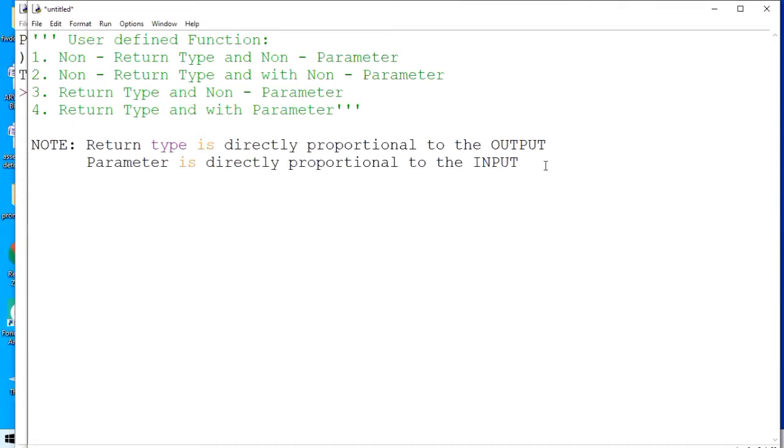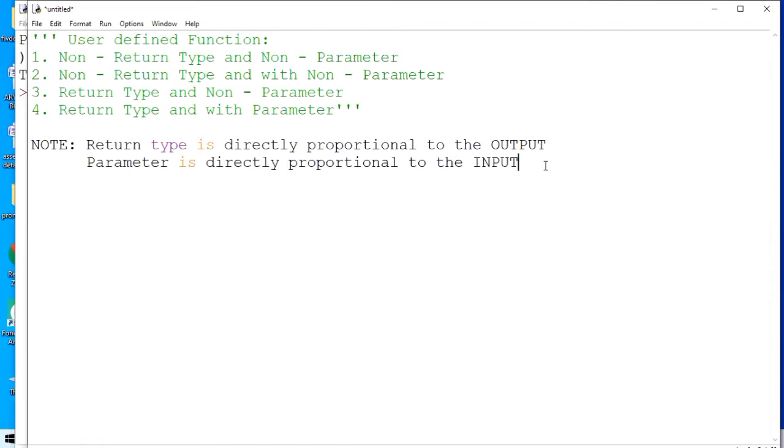If you don't like to give any input to the function, and the function requires the input, then it will ask directly from the user.